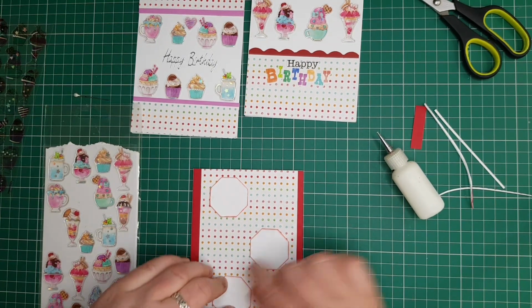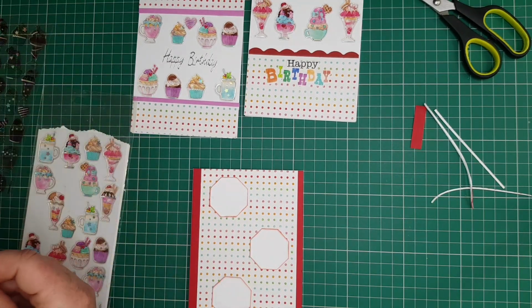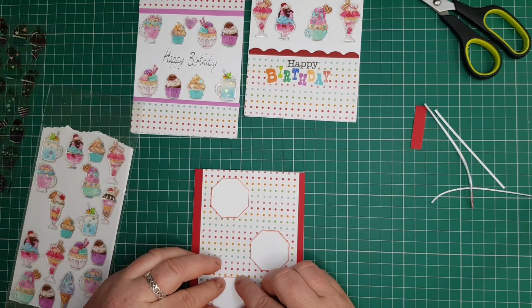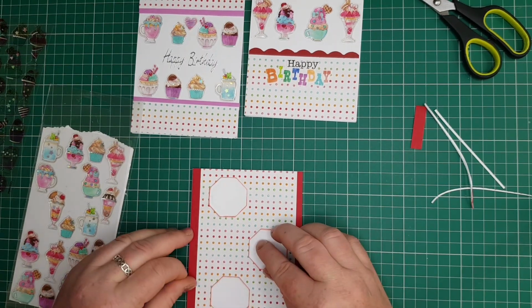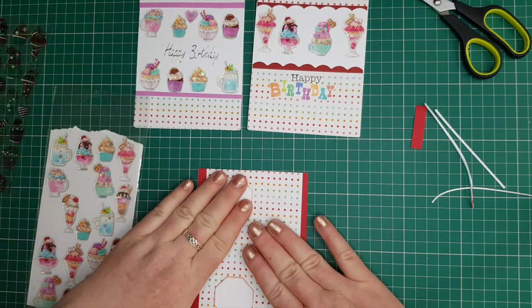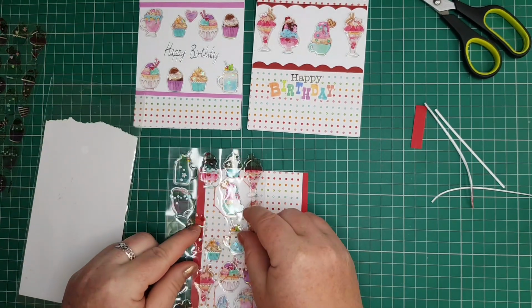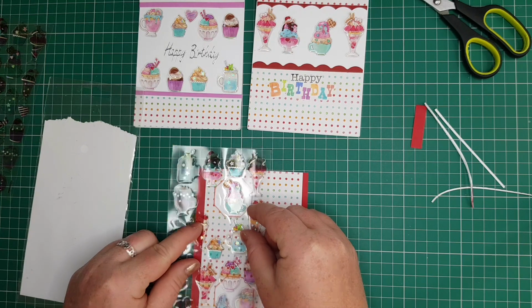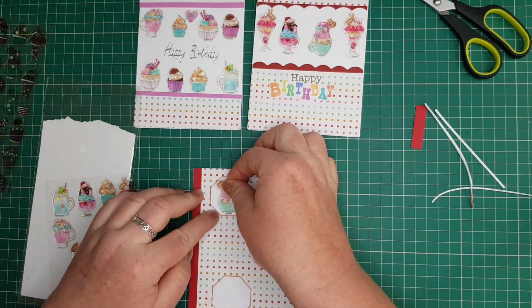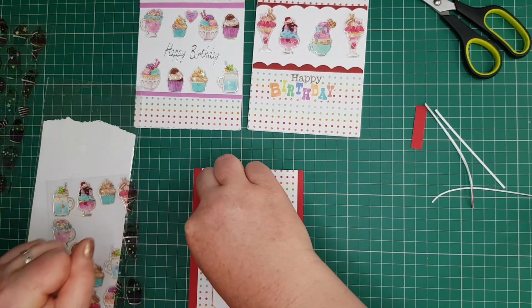You choose how you want to randomly put them. And you can see now I've got only one piece of paper, this dotty one from the big pack, and I've got 3 cards, all of them from the same sticker sheet. Now this one, why not? Let's put this one here, this one with the